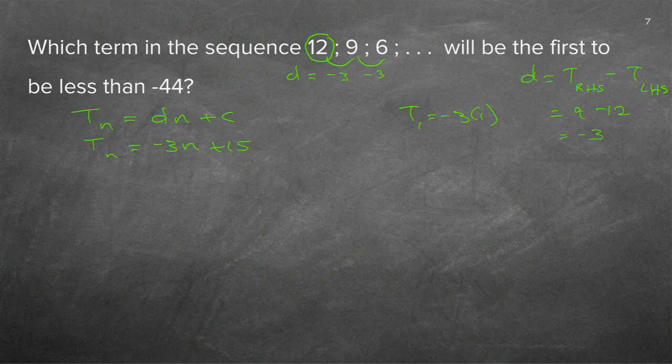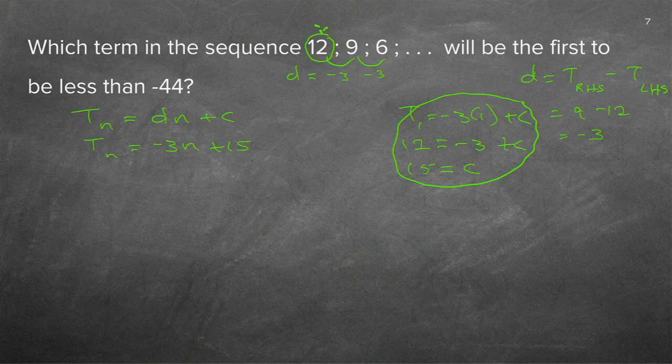If you're not sure, you do this. You say plus c, and you say, but term 1 was actually 12, minus 3 plus c, and if you get the c all alone, you get c is 15. So you can either do this and find the c, or you could have just done it in your head. My first one was T1 was minus 3 times 1 is minus 3, but I saw it should actually be 12, and so I knew I had to add 15. Okay, there's my formula now.